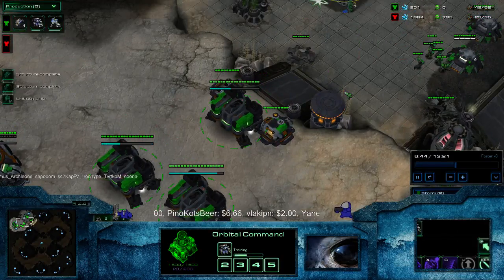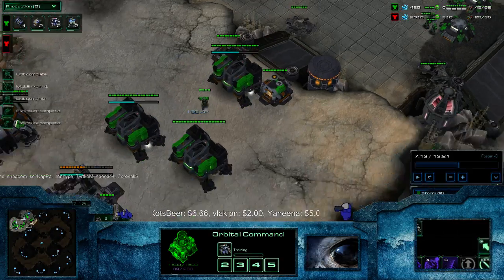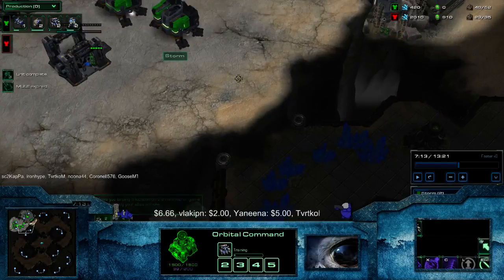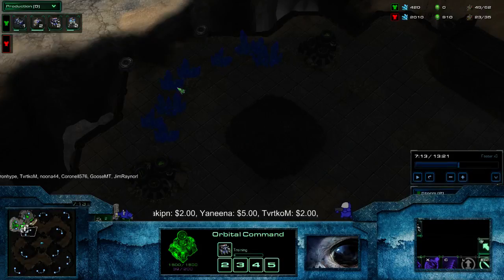Should I make the barracks like in the edge of my main base? You don't actually want to put them on the edge, because let's say you built it here. Do you see that ping? Yeah. Well, look at the low ground from there. A Terran could come and